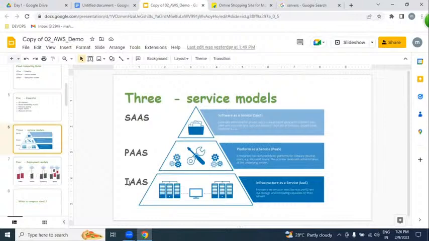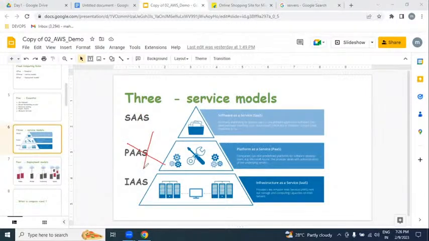By using IaaS, we can create and get a service. As a cloud admin, we are not part of SaaS, because we are not developers. We are not part of PaaS.